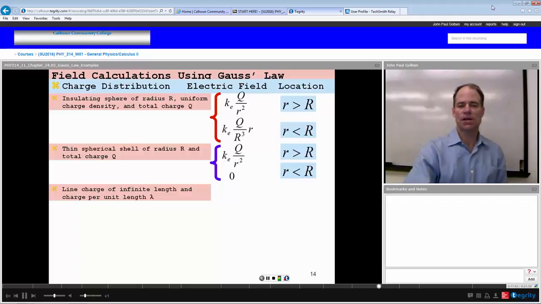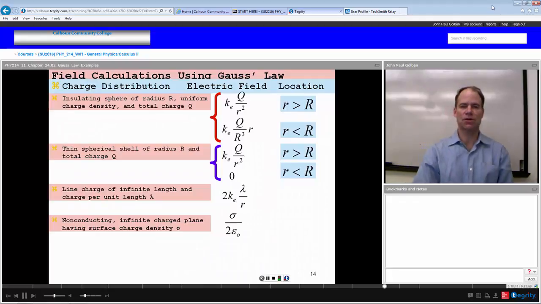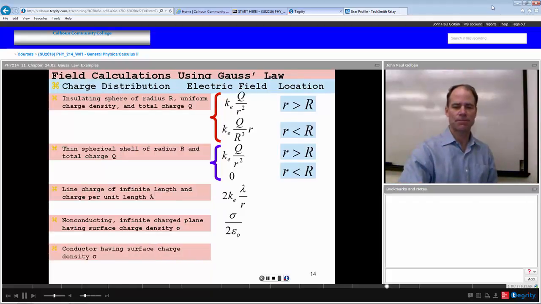A line charge of infinite length and charge per unit length of lambda is going to be 2k lambda over r. A non-conducting infinite charge plane having surface charge density, charge per area sigma, is going to be sigma over 2 epsilon naught. It's going to be a constant, where we have flux going in either direction from the charge plane. If we had a conductor, a surface conductor, having a surface charge density sigma, E field on one side,